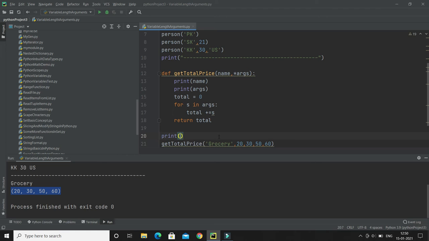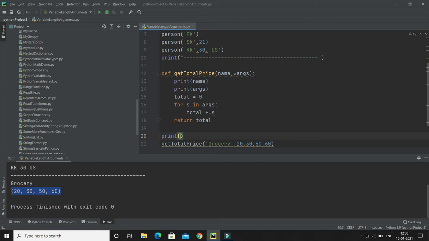Now as we know, this is a kind of dictionary, and I'm printing it over here so that you can see. Now I'm going to do a for loop, say for p in kwargs.values(). Of course you can call the method items, which will give you the key value pairs, but here I am interested in calculating the price of all the fruits.